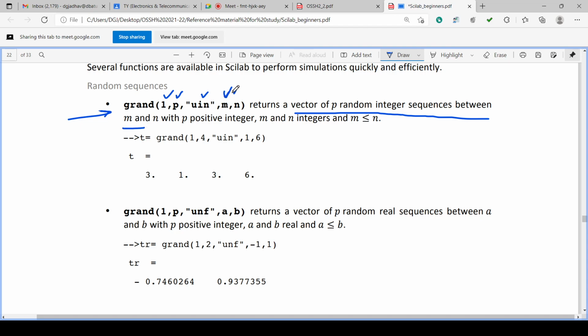M and n are integers where m must be less than or equal to n. N must always be higher than or equal to m.